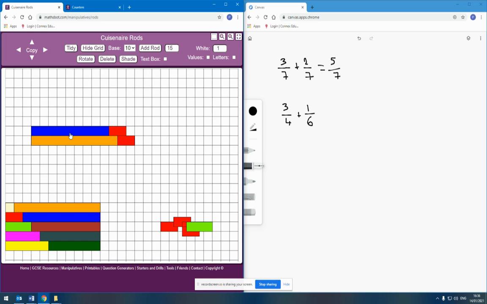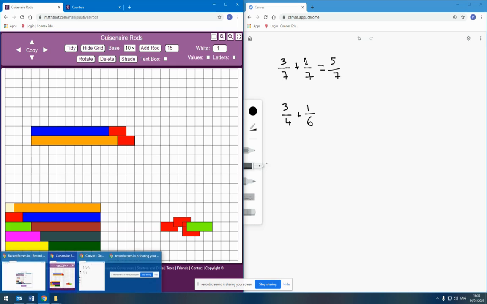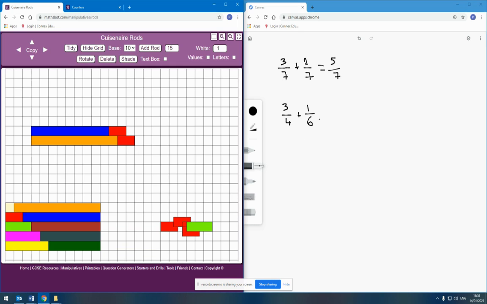And now I can see that I've got a resulting fraction. And the resulting fraction is 11/12 of the whole. But if I then model what I've done there, well, I'm saying, right, although this is 3/4, in effect, what I'm doing is I'm treating it as 9/12. And similarly, instead of having 1/6, I'm treating it as